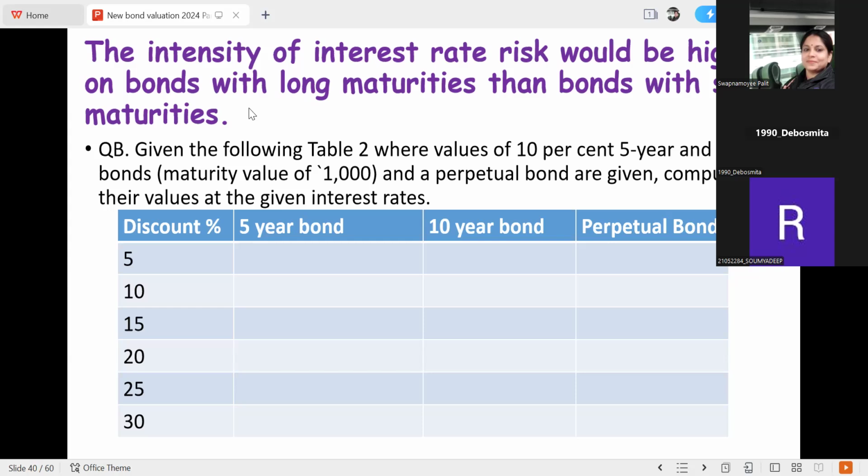Here in example B, we have taken a different discount rate, and now we have varied it and are going to evaluate it between different years. For example, we are going to take a 5-year bond, a 10-year bond, and then a perpetual bond, which doesn't have a maturity period. So if it is a 5-year bond, how do you calculate the bond price? It is the same. Your perpetual bond par value is given as 1000. So if the discount rate is 5%, what will be the value for the first year for a 5-year bond? 1000 by 0.05, which